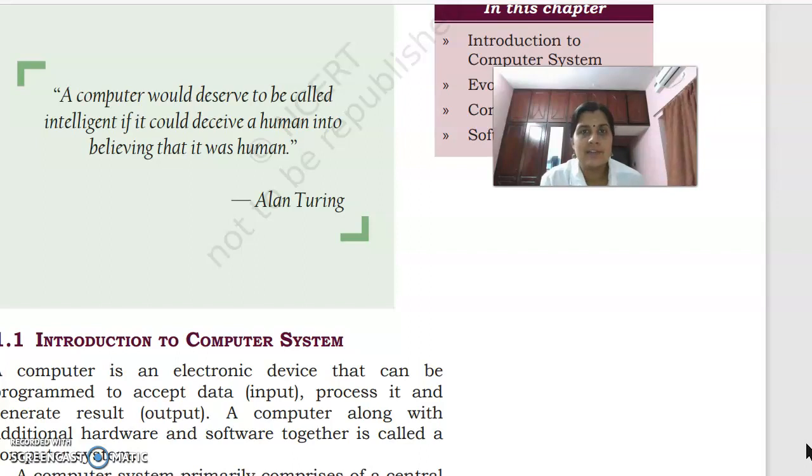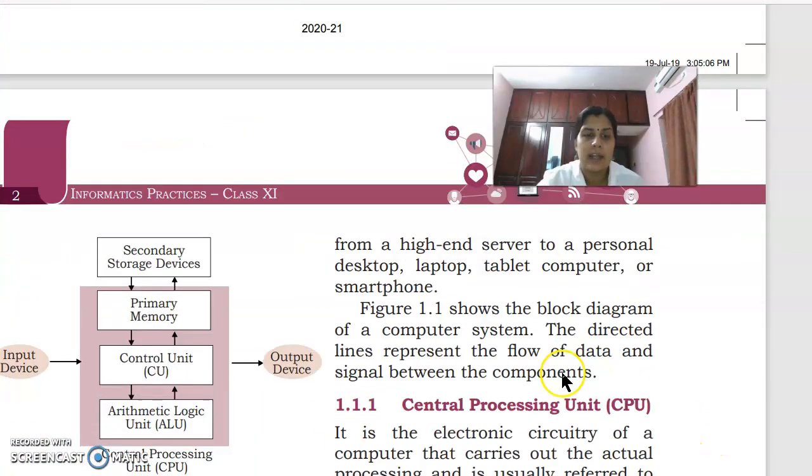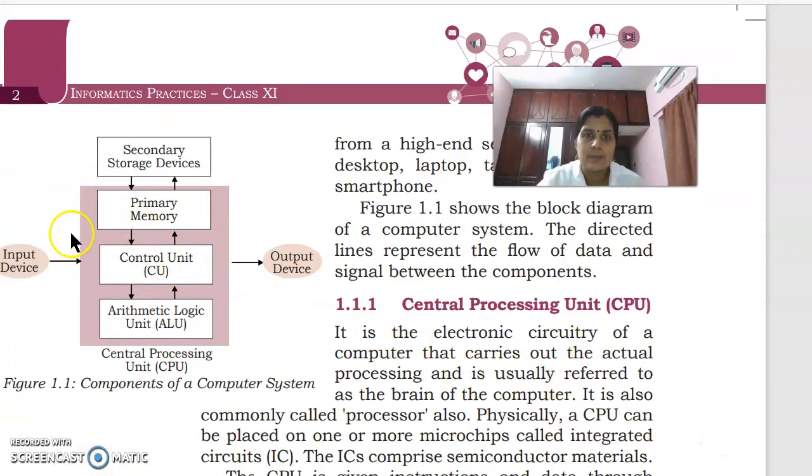So, in the previous class, we discussed the syllabus. We discussed the IP syllabus in class 11, and then we started our chapter 1 with an introduction to computer systems, and we specified what a computer is, and we specified a block diagram too. We already studied this block diagram. So in today's class we are going to discuss these components of a computer system. In these components there are many: input device, output device, CPU, all are there. Let's start our class.